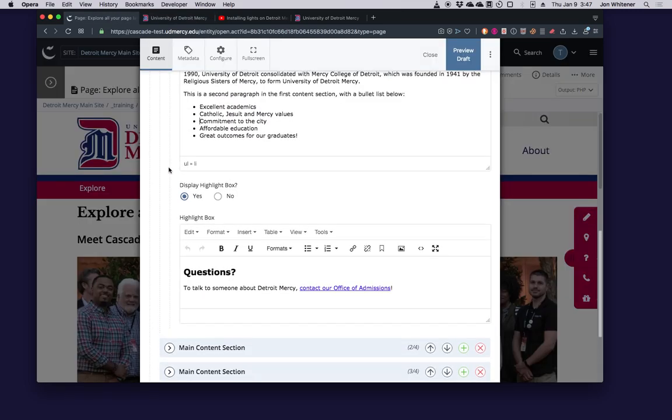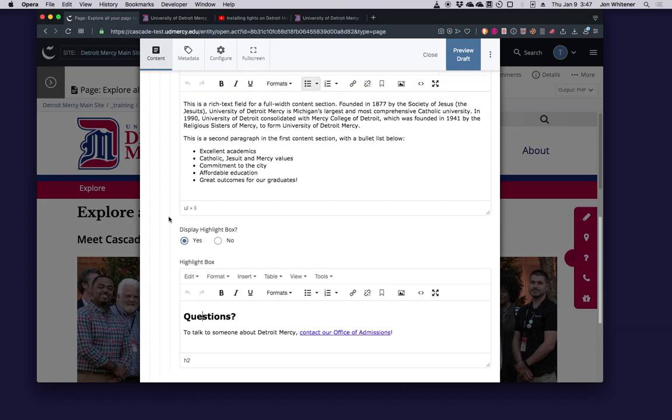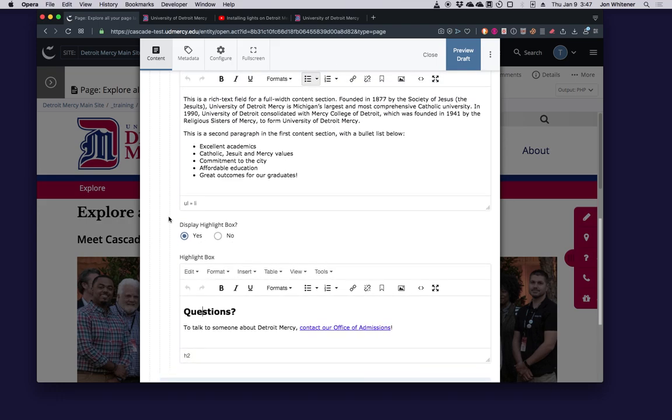A note on headings, you'll see that this here, if I click on it, it says down at the bottom that that is an H2, a heading 2 line. And that is the highest level of heading you would want to use.